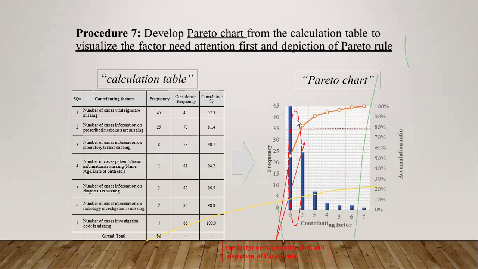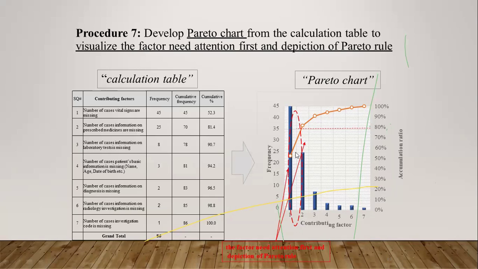The highest frequencies forming the highest part in this chart on the left side. Then the line graph is actually drawn from these figures, the cumulative frequency in percentage, which is also called accumulation ratio. What happens, you just plot, like say the first frequency is 45, so we have the first bar that goes up to the 45th mark here, 45. Then the second bar for the second contributing factor will go to 25. Then the third one will go to 8. We are looking at this left side, the frequencies. This is what is forming the